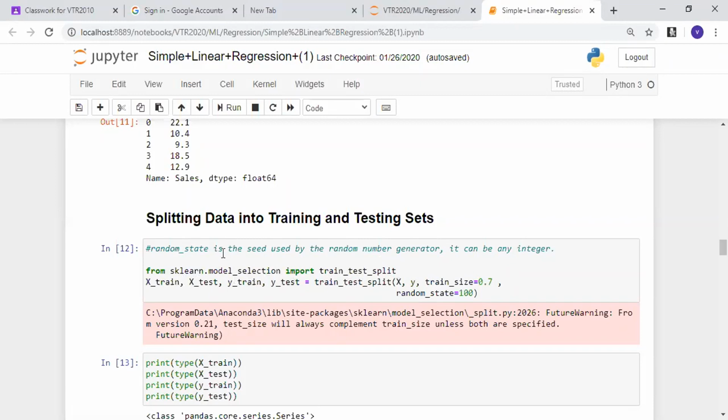The output of this would be x train, x test, y train, y test, where x means independent variable and y means dependent variable. When I call train test split, all the independent variables' training data would be in x train, the independent variables' testing data in x test, the dependent variable's training data in y train, and the dependent variable's testing data in y test. I called train test split and passed x and y, and automatically I'll get x train, x test, y train, and y test.